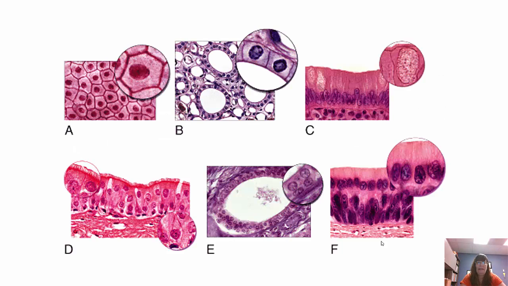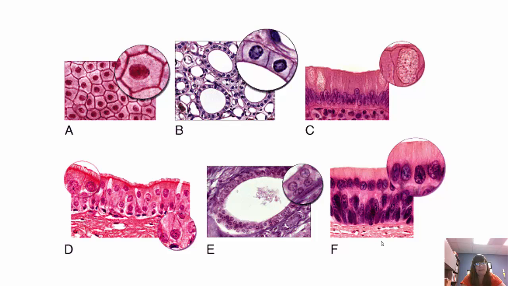So take a quick look at these and take a guess at what they are. I'll give you a second. Okay, so A is simple squamous, B is simple cuboidal, C is simple columnar, and that circle is kind of focusing on that goblet cell that's going to secrete mucus. D is ciliated pseudostratified columnar. So you have the cilia on top